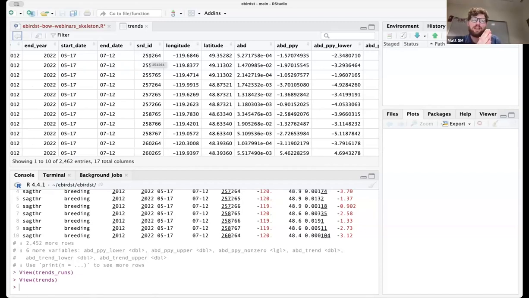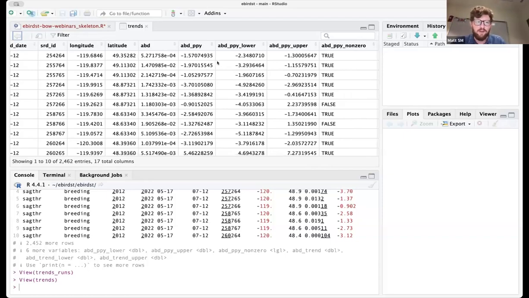And the SRD ID is just a unique integer that defines each grid cell. And then to the right of that, you'll see a longitude and a latitude, and that gives you the coordinates of the center of each grid cell.